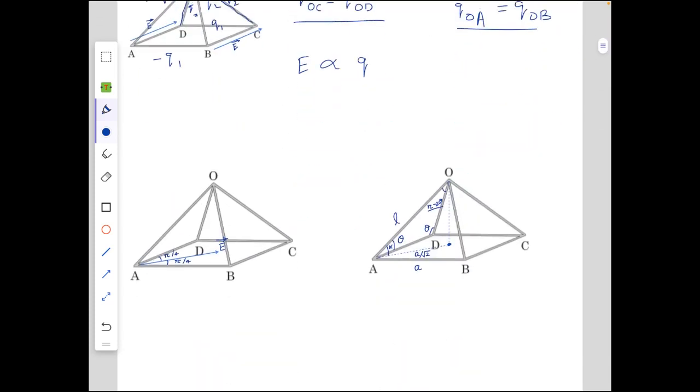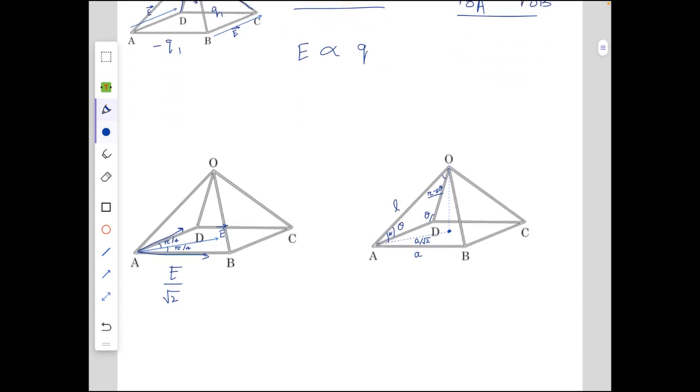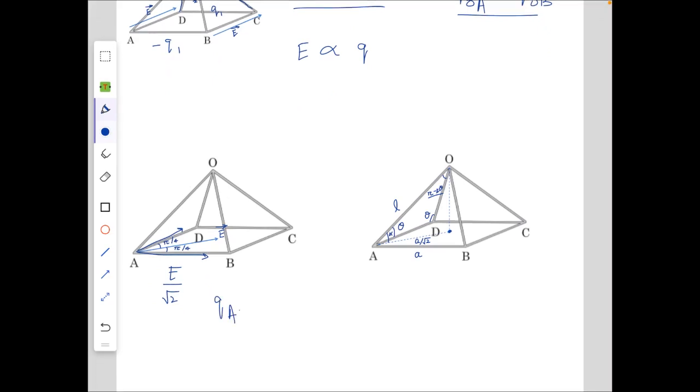Now let us consider the second case. Here first of all let's consider the charges induced in rods AB, BC, CD and DA. Here the electric field is along AC. So it can be taken in two components, one along AD and one along AB. Each will have a magnitude of E cos of pi by 4, which will be E by root 2. And so it has now become the superposition of two cases, each the first case rotated by 90 degrees.